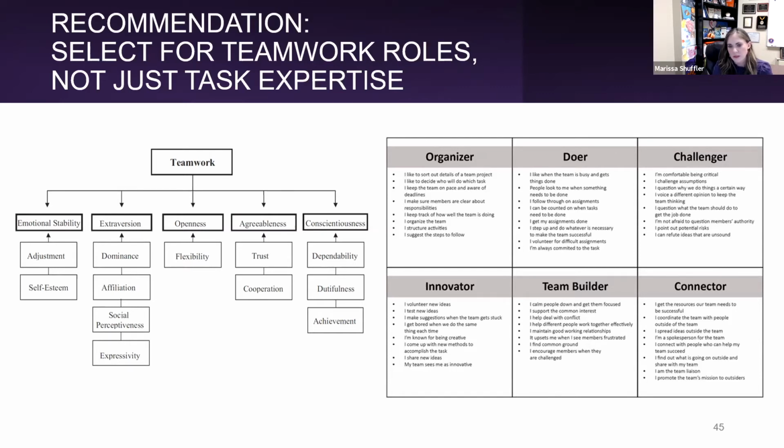There's been tons of work done on looking at team roles, and this is one that's called the TRIO model, which is one of the newer models that's pulling together a lot of different work that's been done in the past to say, these are 6 roles that we see pretty consistently across teams, in terms of having folks who are going to help with organizing and being innovative and being willing to connect other people, maybe doing some challenging,